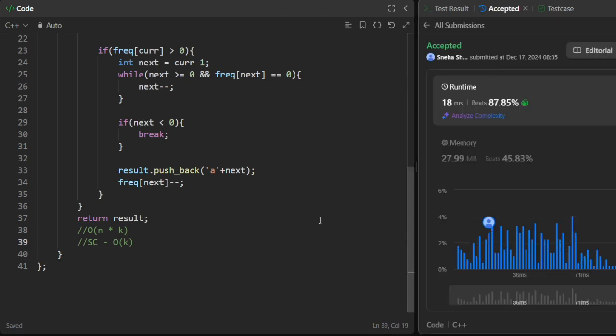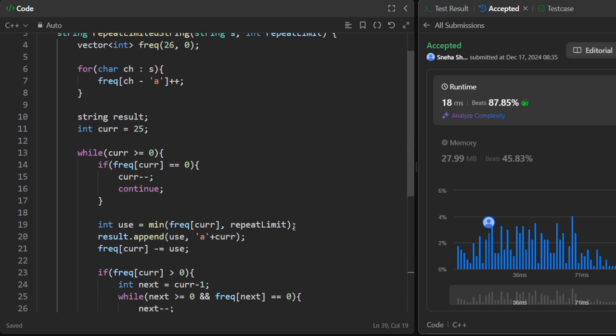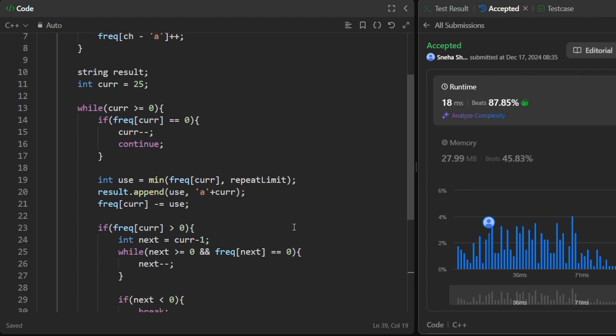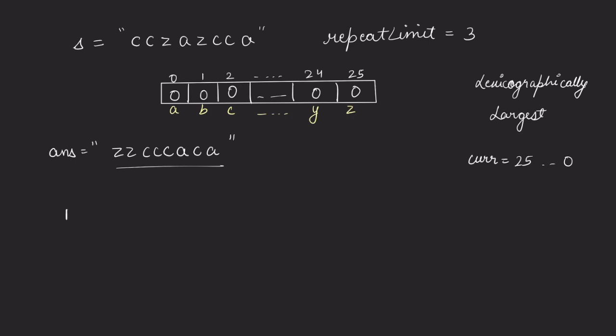Now there is one more approach for solving this, that since we wanted to find out the maximum character, right? We always wanted to find out the maximum character. That is why we took the current from 25 and we moved towards the left, right? Instead, what we can do is that we can create a max heap, right? Because max heap will always store the largest character at the top, right? So what we can do is that we can create a map, right? Now this map will only store the unique characters that we are having inside the string S with their frequencies,